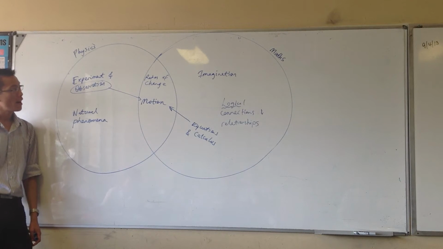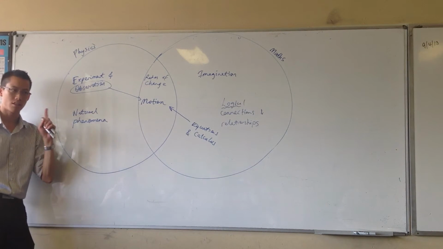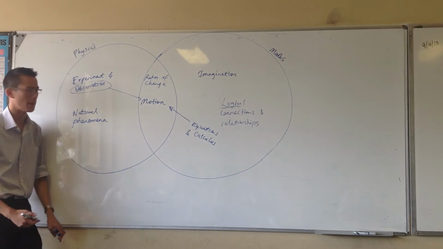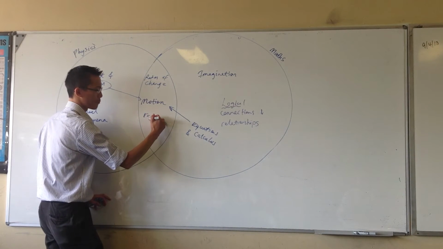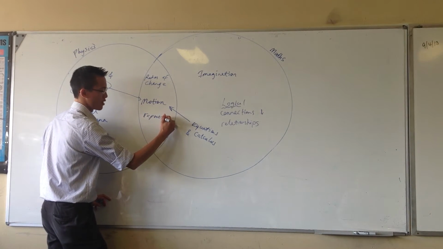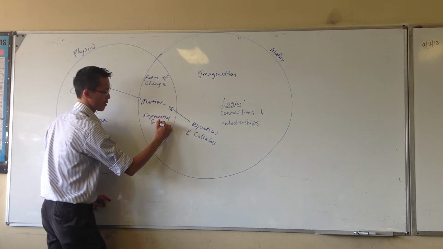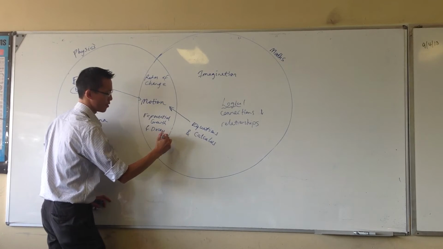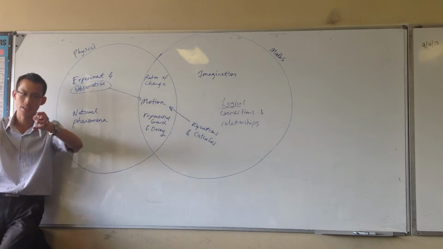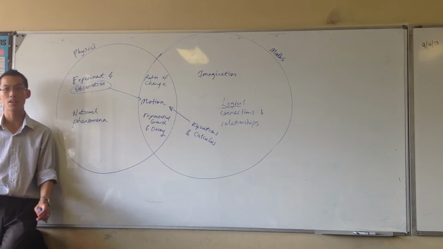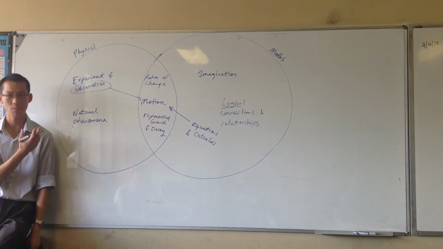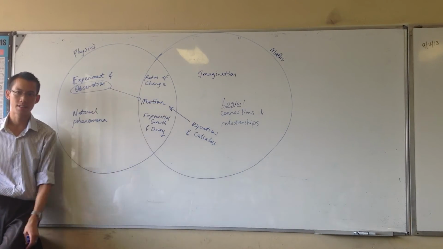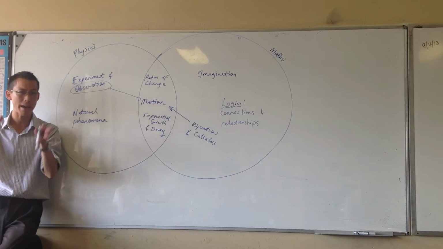And later this year, we're going to get onto one more. This is not an exhaustive list, but you've probably thought about this already. The topic that's called exponential growth and decay, which is about populations, but it's also about radioactive stuff that whittles away because of its half-life and all that kind of thing. We usually think of that as a domain of the physicists, which it is, but it's also something that can be thought of purely mathematically.